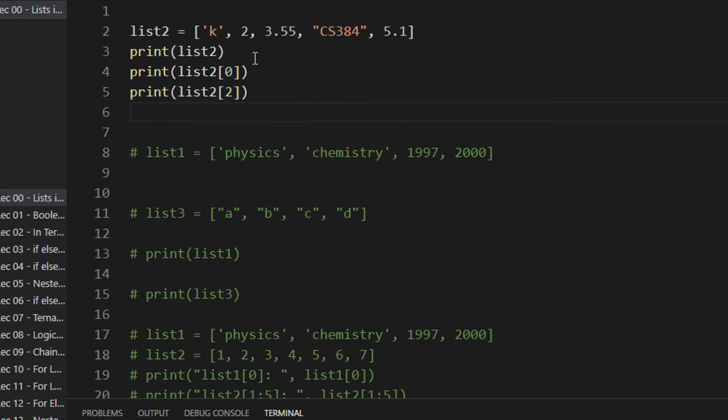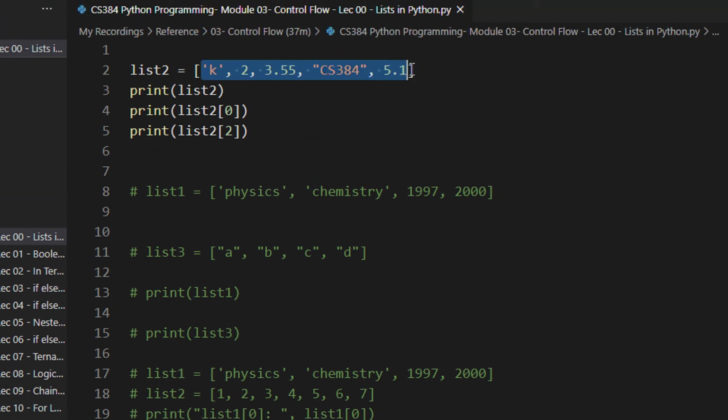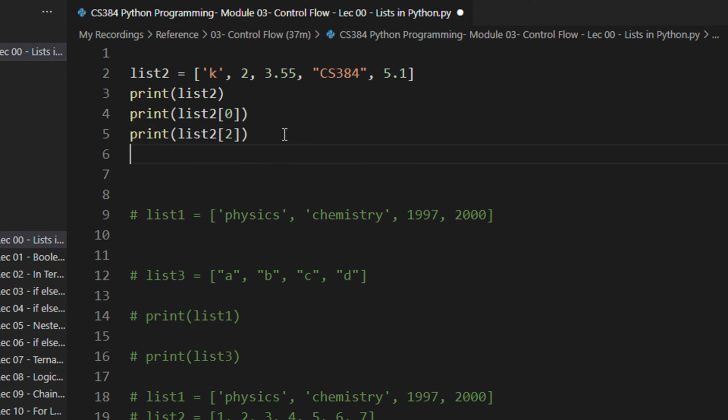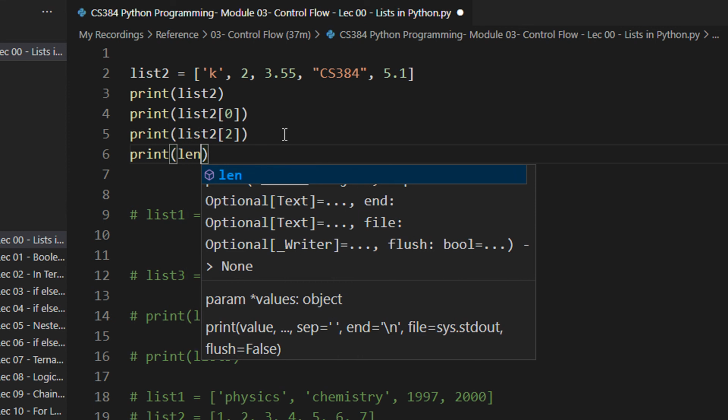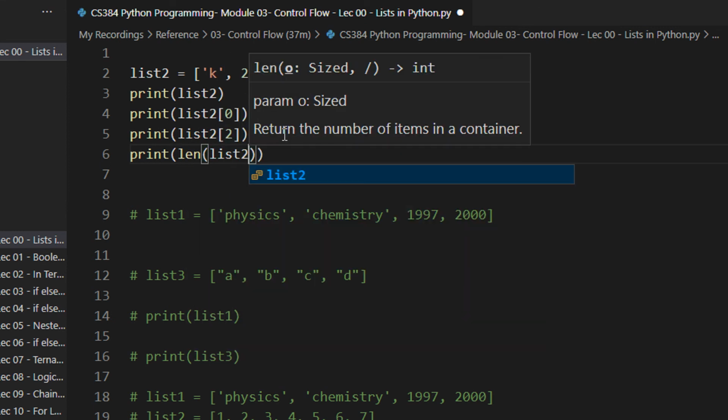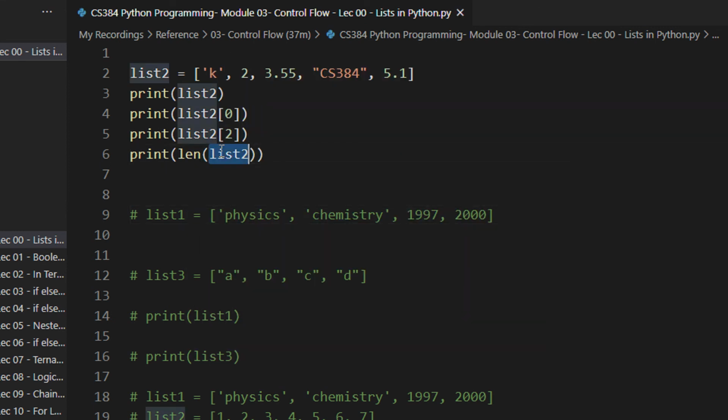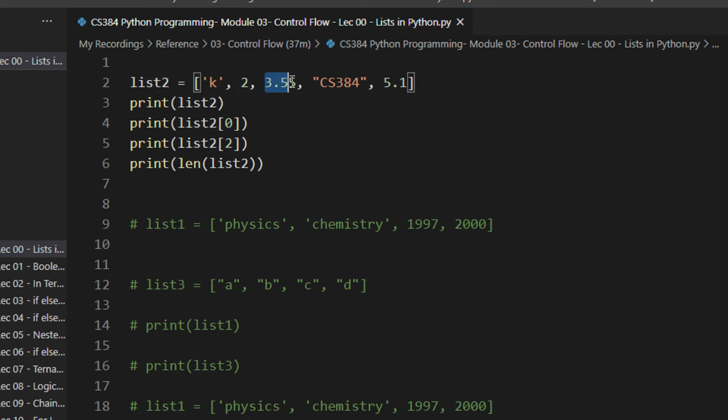Indexing rules are the same as this. There is an inbuilt function in Python called length. Length gives you the length of the list or length of the object that you are referring to. So list2 has 1, 2, 3, 4, and 5 elements. So the length basically will give the output. Let us write, the length of the list is.